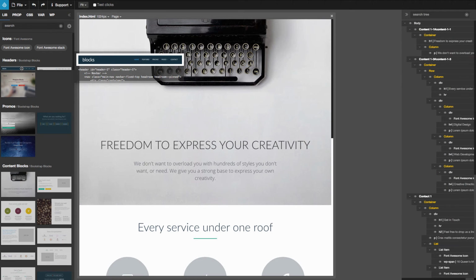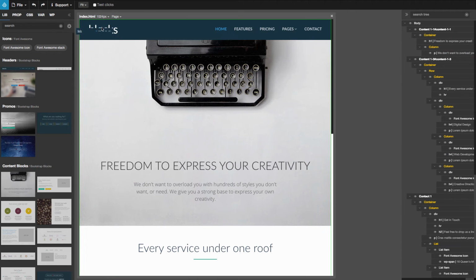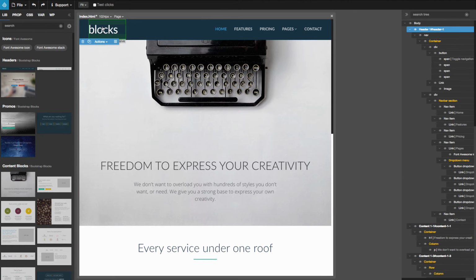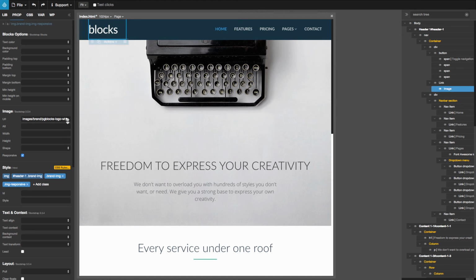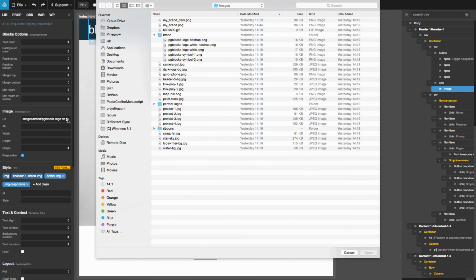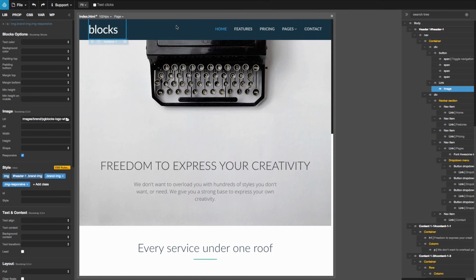Let's take a look at header number 1. Drop it on the page, and we notice it has an image, our brand logo or site name, and it has a menu. And to change the image, the logo, just select it, and then in Properties use the URL property to choose our